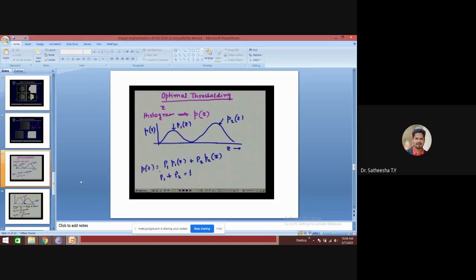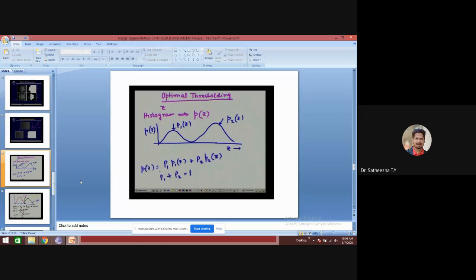Now, as we have assumed that the image contains two major regions, two dominant intensity values, P1 of z indicates the probability density function of the intensity of pixels which belong to, say, the background, and P2 of z is the probability density function of the pixel intensity values which belong to, say, the object.